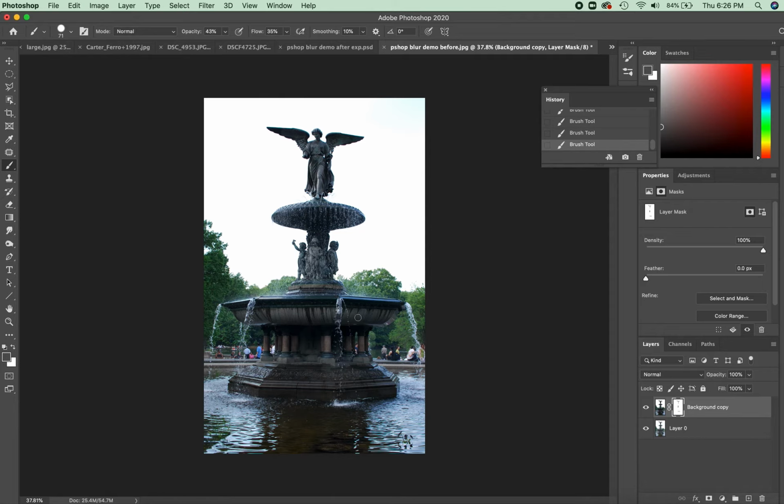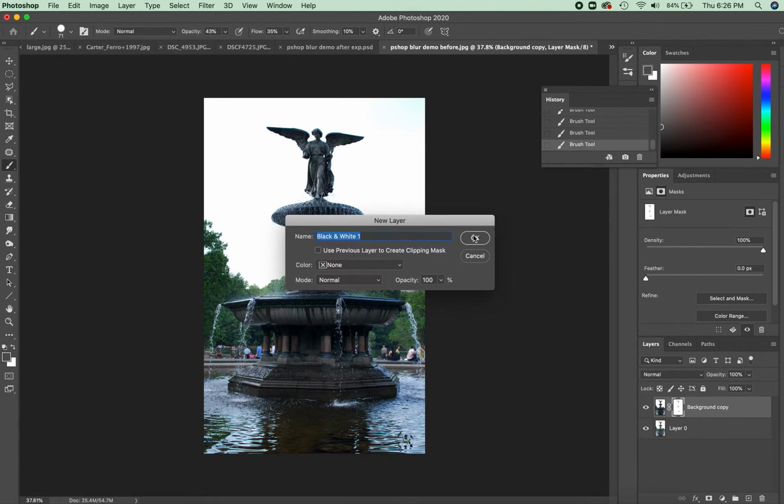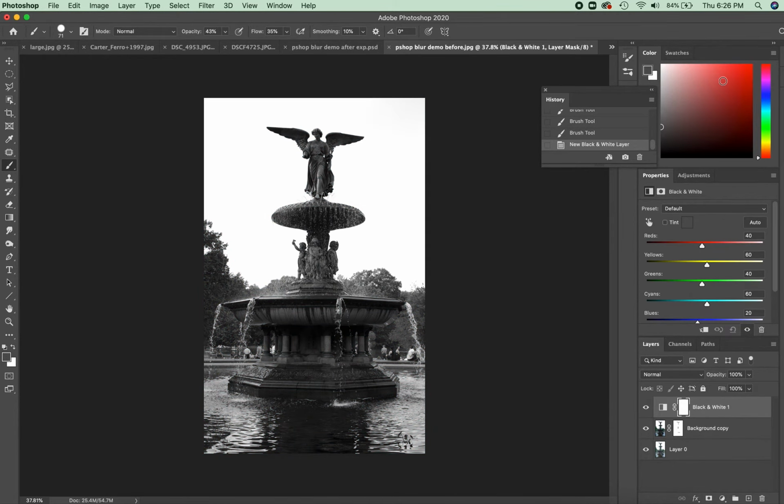And so for the last effect, I showed you guys how to change to black and white. I'm going to show you this time how to use a layer to do that instead. So this time we're going to create a separate layer. So go to Layer and New Adjustment Layer. And then I'm going to go into black and white and hit OK. And then as we did before, you've got